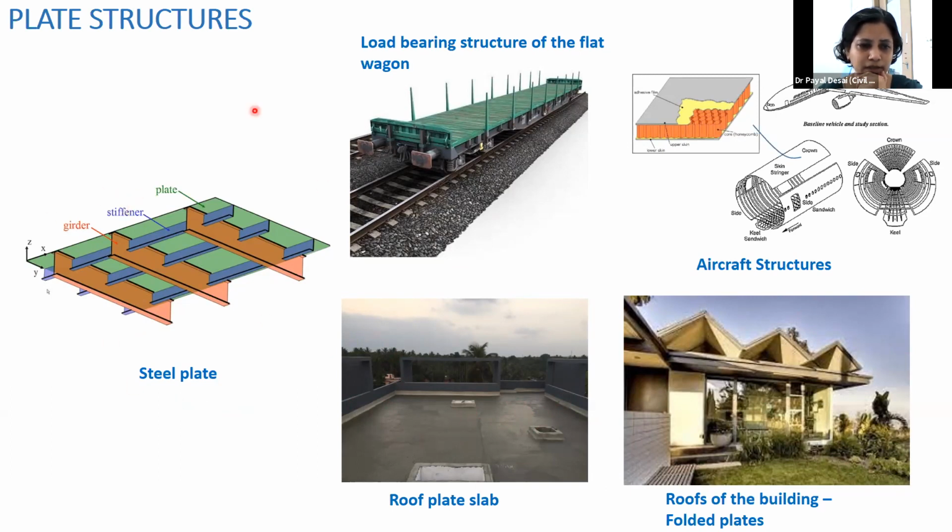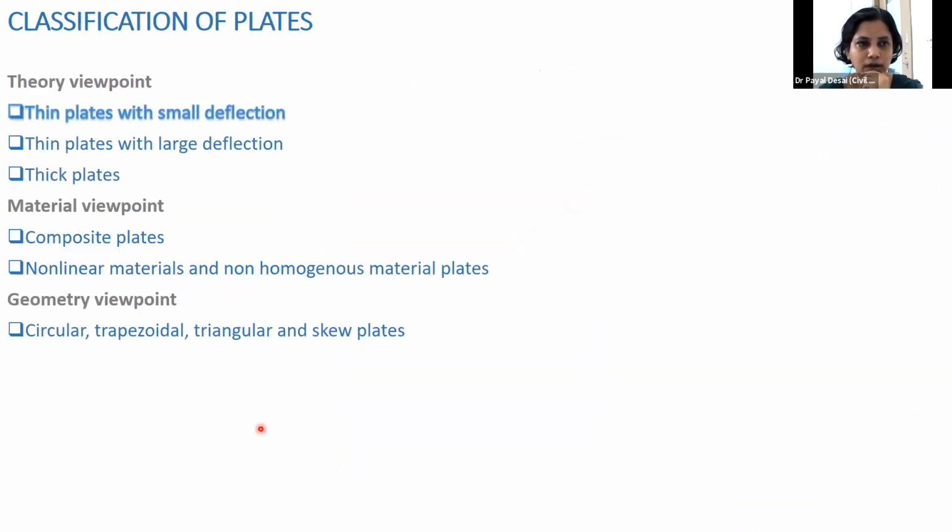Then you may see the steel plate and a combination of stiffener and girder, this kind of system where you can have plates of various forms, using different materials. So any structure which is flat, we can basically classify the plates from